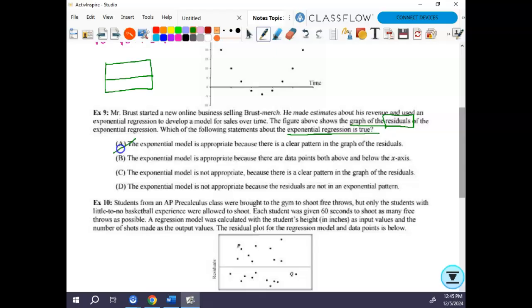Not. Okay, so we don't like either one of those. And then it's not appropriate, why? There's a clear pattern. Exactly. So we like C. Okay. We good with that? I didn't know residuals are so funny. Okay. All right, then